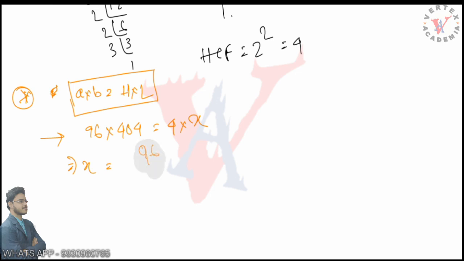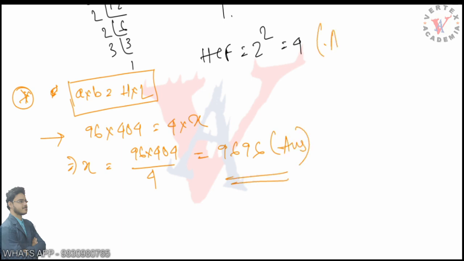Sorry. Actually these are electronic boards. We use electronic equipment, these are called digital pads. So sometimes it becomes very difficult to write on these things. So let us come back. So this is 96 into 404 divided by 4, and this comes out to be 9696. So finally, we first find the HCF, and with the help of the HCF we find the LCM.